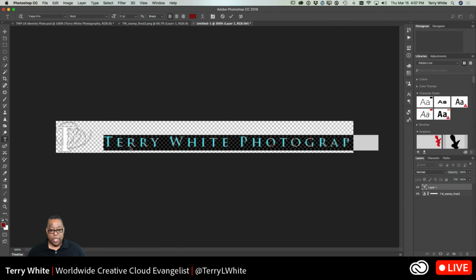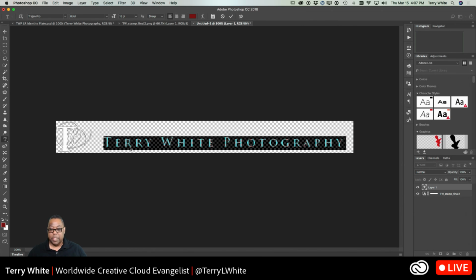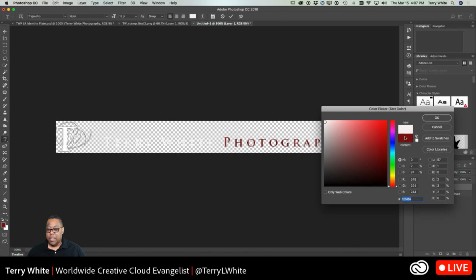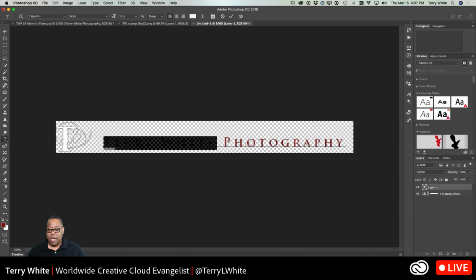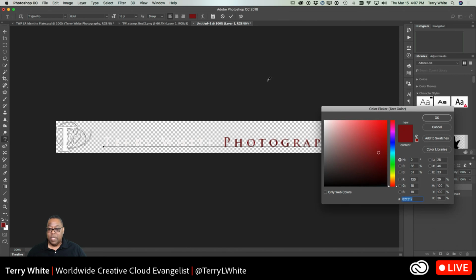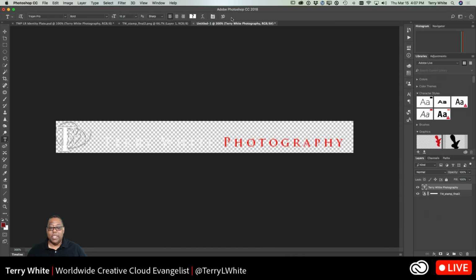All right, so I'll make it a little smaller so that it fits. And then I can, of course, make the color choices that I want. So I want the Terry White to be white. And, of course, the photography to be a little bit redder. We'll just make it nice and bright red. Now, the only other thing is this will be fine as an identity plate. No problem. I could use this as is. The only other thing, though, is if I'm going to use it for the next thing I'm going to show you,